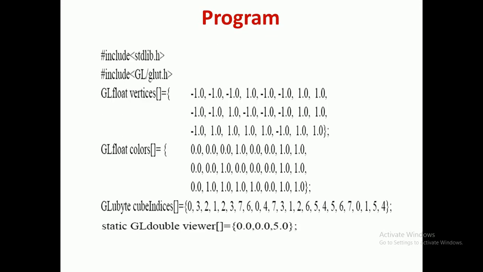Then this is z. Initially we have positioned our camera at a positive z distance, meaning it is not exactly at the origin. It is plus 5 units from the origin towards the positive side. So my cube is 5 units away from my camera by default. The default setting of my camera is on the z-axis, at positive z, 5 units away from the origin, and around the origin I have my cube. This is the initial setting.